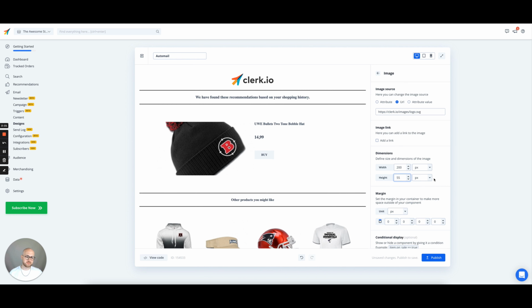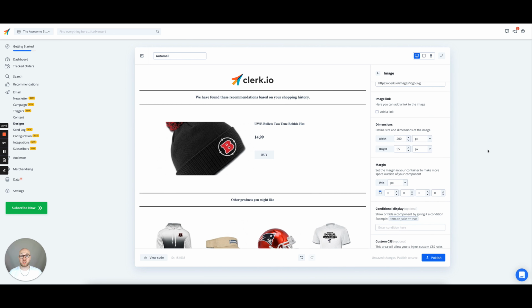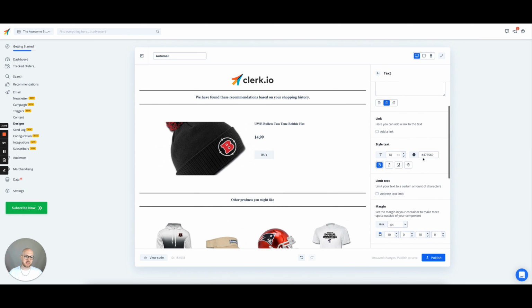Okay, there we go. The next thing you're probably going to want to change is the text on your email so that it matches your other emails or the font that's on your website. So again, you're going to want to click on the element. And as you can see here, you can do your basic styling such as bold, italics, underline, changing the size